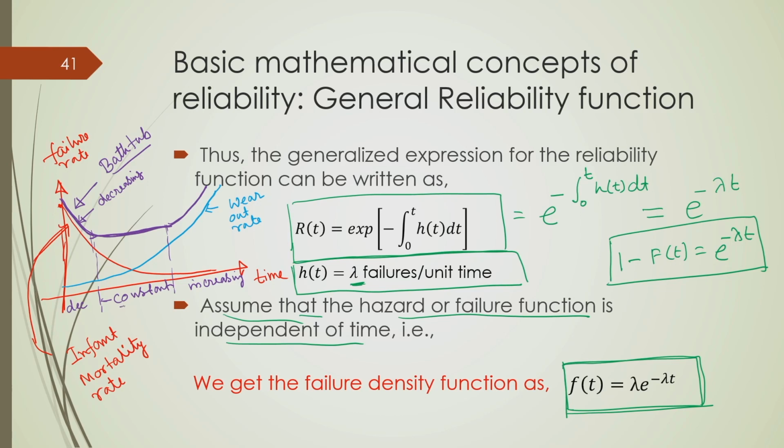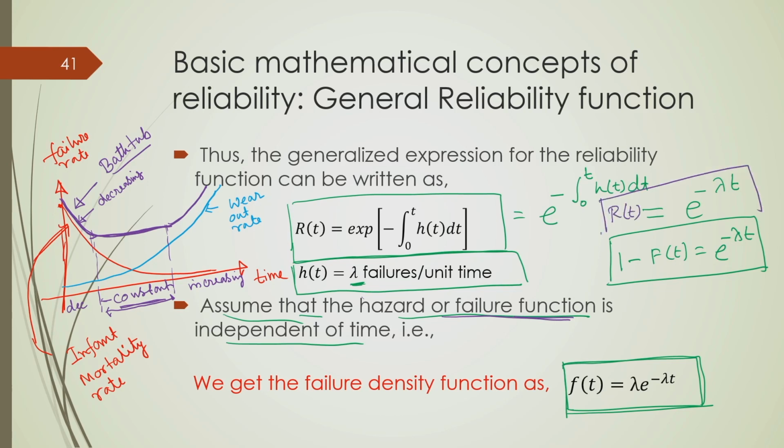Now, this region where the failure rate is almost constant is called the useful life of a particular equipment. During this useful life, we may assume that the failure rate is constant as per our assumption, and therefore all our assumptions would be valid during that specific period of time. And if we consider an almost constant failure rate, we can also determine the reliability function